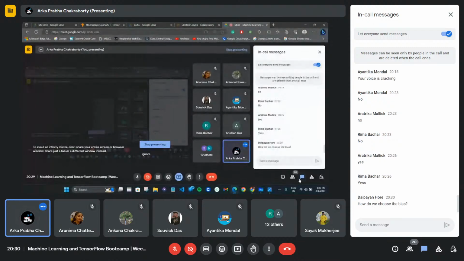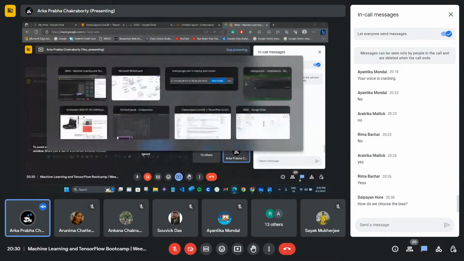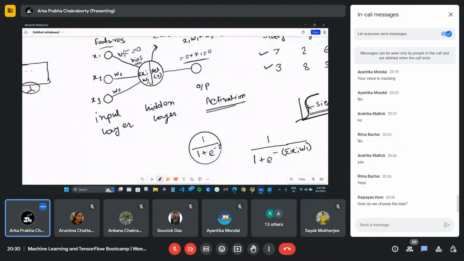How do you choose bias? You have to choose a bias based on your weight value. If your weight is lesser, then you don't have to choose a lesser bias value. The main reason we use the bias is to activate the function.